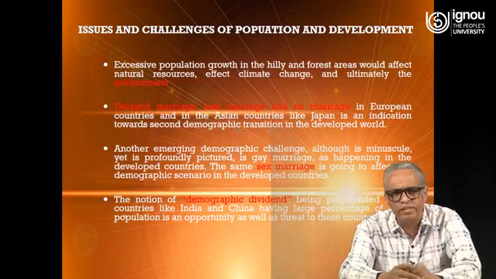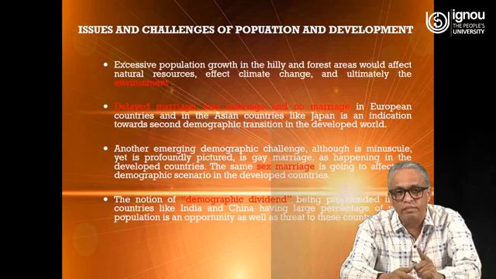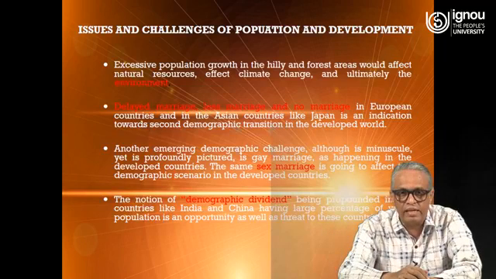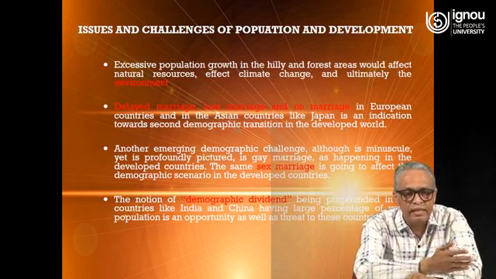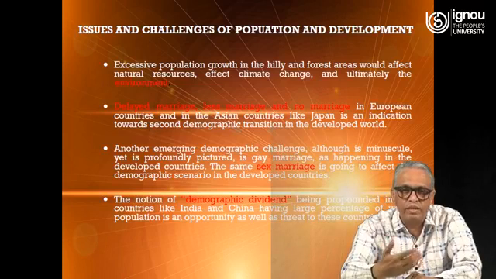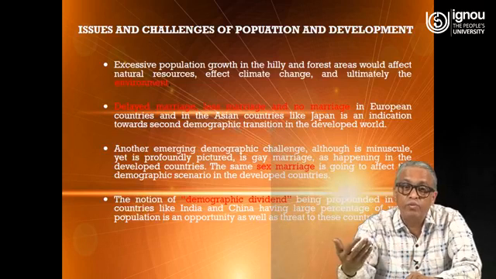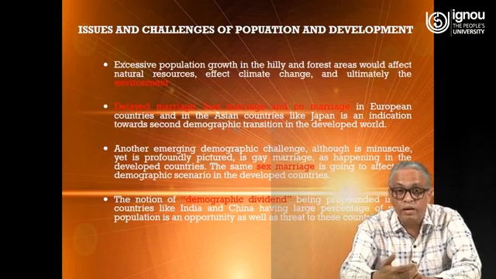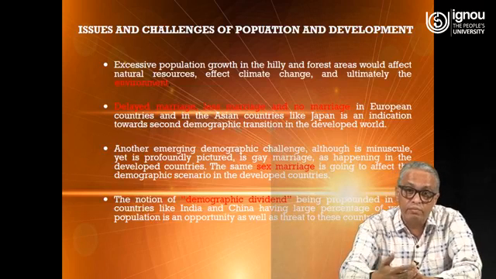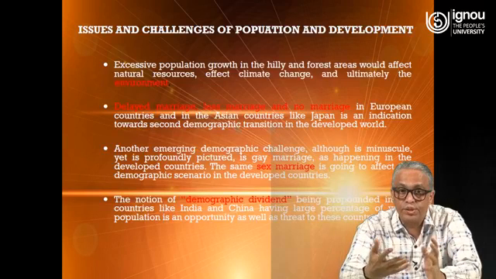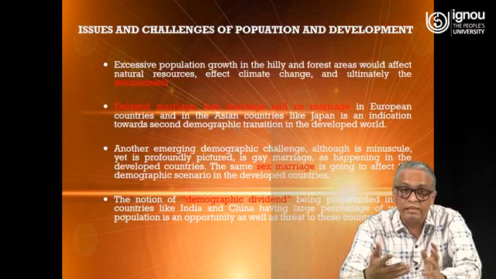These are 4 or 5 challenges, a concern for both developed and developing countries. It's not that developed countries are free from population challenges. They have a different kind of population challenge, and developing countries have a different kind. There they have to see how they can increase and optimize the population, and here the population growth rate has to decrease, so that the nation doesn't face so many developmental problems like poverty, inequality, housing, safe drinking water, sanitation, and infrastructure development like roads, electricity, cooking gas supply. All these are concerns, because the government has to invest a lot of money to manage the development